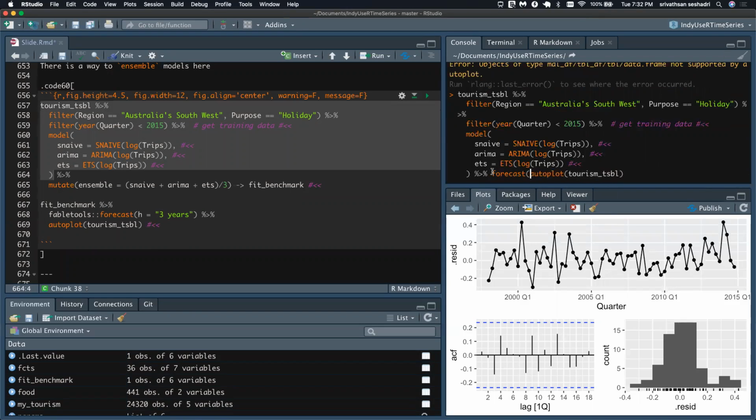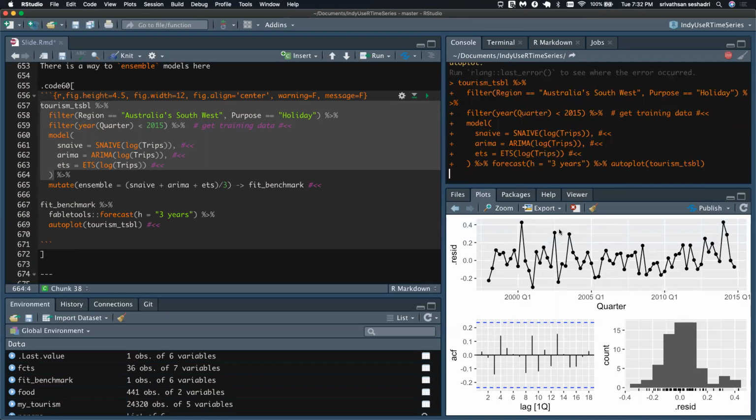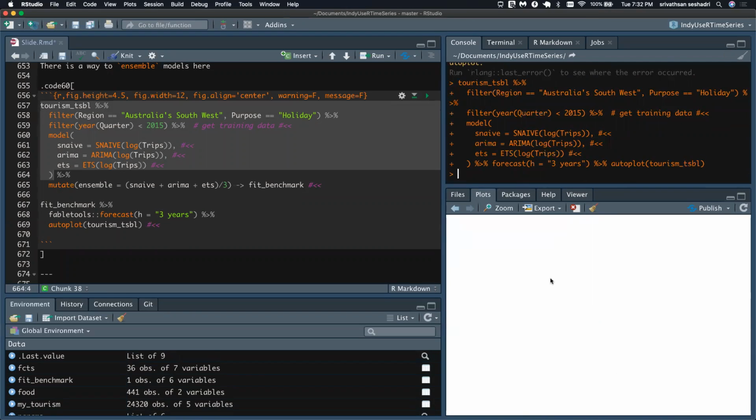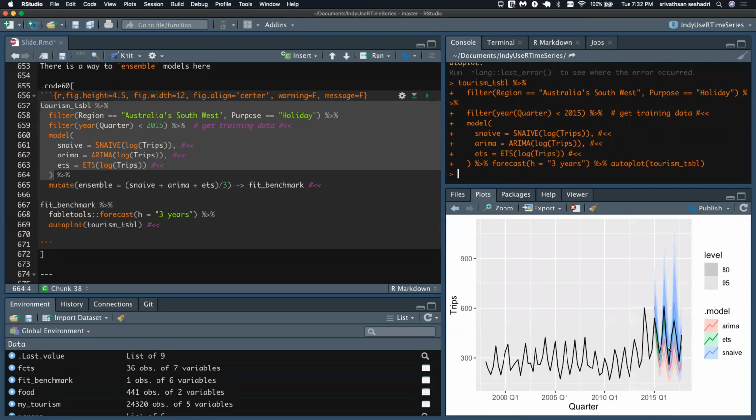Forecast h equal to 3 years. And do that. See, it unlogged it, or anti-logged it, and made the plots. You don't have to handle that. It makes you super lazy.